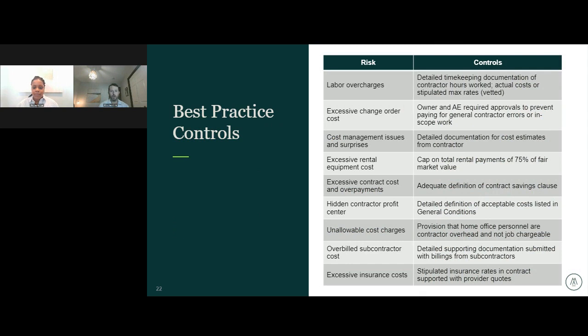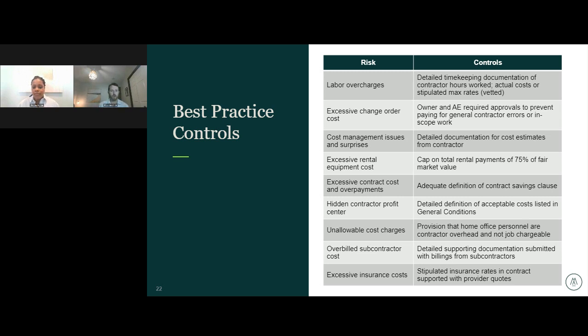All right, we won't go through all these, and you guys will get the slide deck, I think, afterwards, or you'll be able to download it. So what we did here is we provided common contract cost types and then common controls to detect early and mitigate risk. For example, labor overcharges. You'll want to make sure you have a clear understanding if it's actual costs or rates. You'll want to get the timekeeping documentation, preferably monthly, as early as possible, making sure that the rates are consistent with your contract terms, that the time cards or proof of payment are consistent with what's being performed on site,